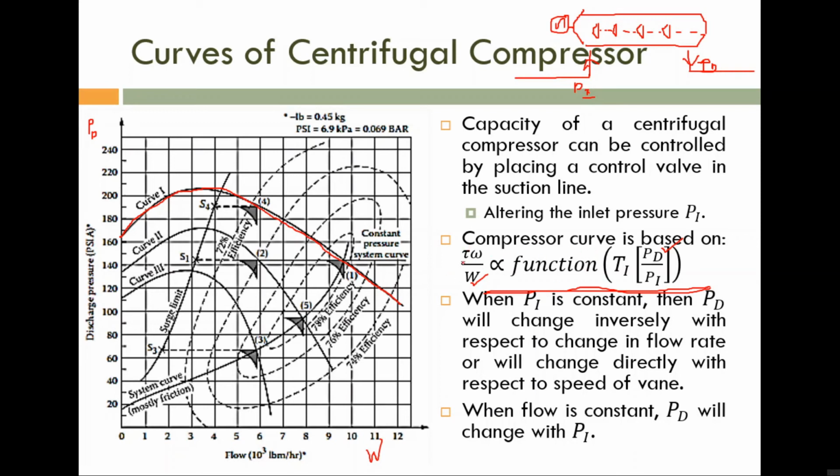And that is inversely related to the flow rate. Means if you are increasing flow rate, definitely discharge pressure will drop. So you can see a decreasing discharge pressure with respect to the increase of flow rate. I told you this is a non-linear function. So this is applicable from a particular point. You can see that up to a particular flow rate, discharge pressure is increasing. Then from that point, discharge pressure is decreasing with respect to the increase of flow rate.